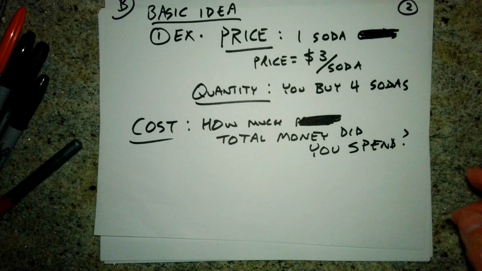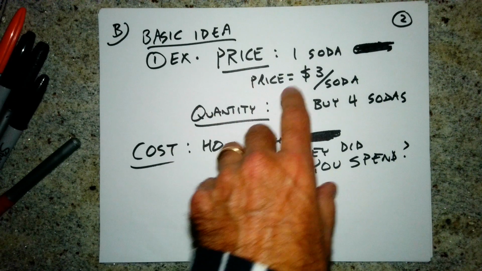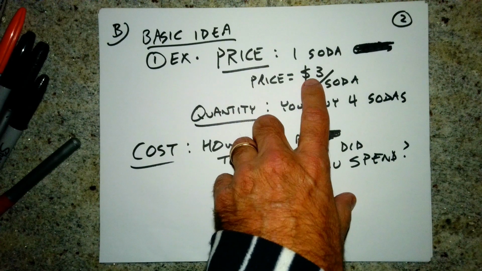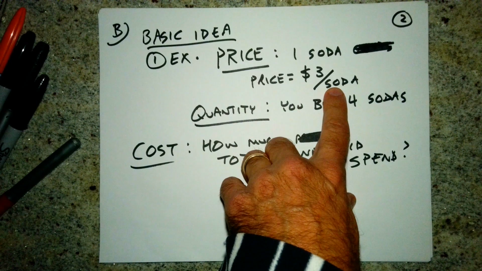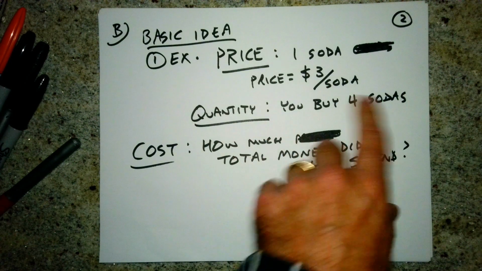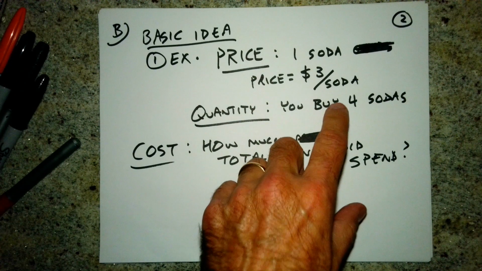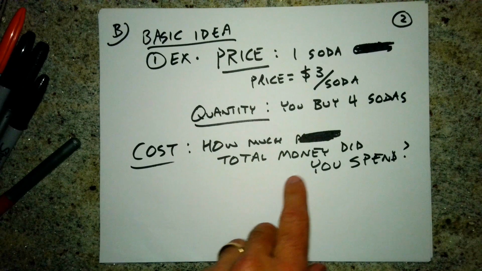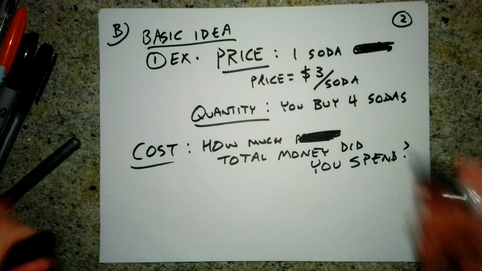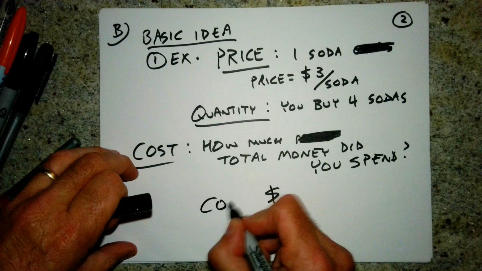Okay, the basic idea behind this, we can introduce that with an easy example. And here I'm using that word price. Let's say that you go to a restaurant where the price of 1 soda is $3. So we can say the price is $3 per soda. And you have some friends, so you buy 4 sodas. And the question is, how much money do you spend total? What's your total cost? And what kind of principle can we write for this? What kind of relationship? Okay, well, of course, you buy 4 sodas and each one is $3. The total amount of money you spend, the total cost,